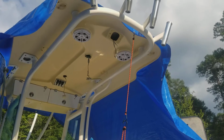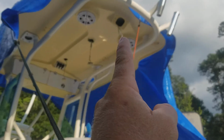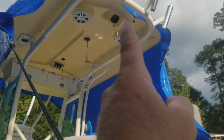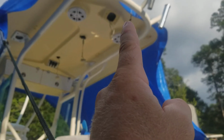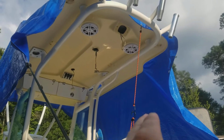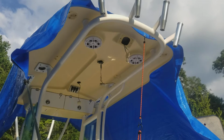Took it down to the Keys. What I noticed on July 4th is some of my passengers in the rear seating were getting wet, and this light was filling up with water. And, well, it was doing its job in part, in fact, it wasn't leaking, so it was trapping water in the top. And now the top to the Everglades 243, if you have one or you don't, you know,